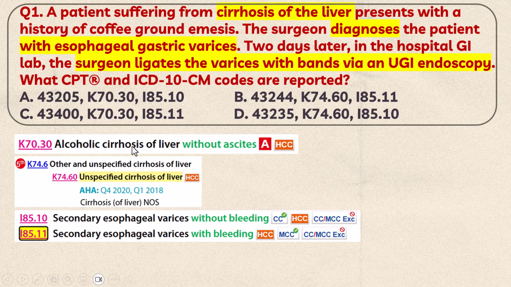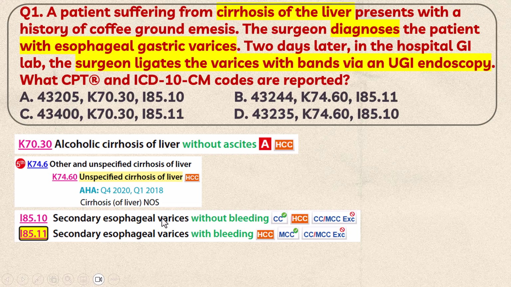K70.30 is alcoholic cirrhosis of liver without ascites. But K74.60 is unspecified cirrhosis of liver, because for this cirrhosis the cause is not specified. So you can't take it as alcoholic cirrhosis, just cirrhosis is given. So you have to take this unspecified cirrhosis, K74.60. And also for the varices, you can see